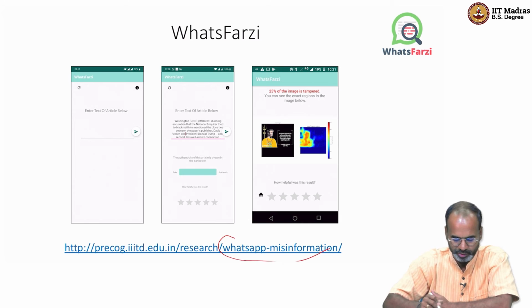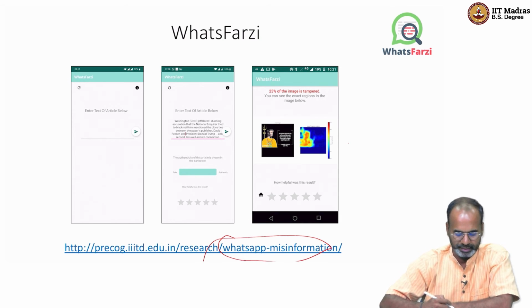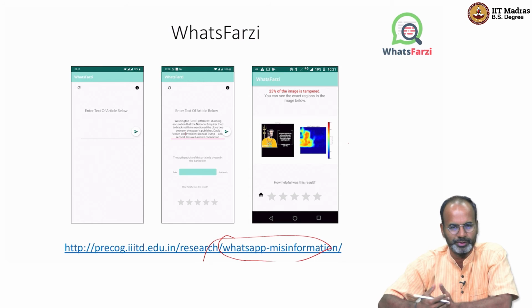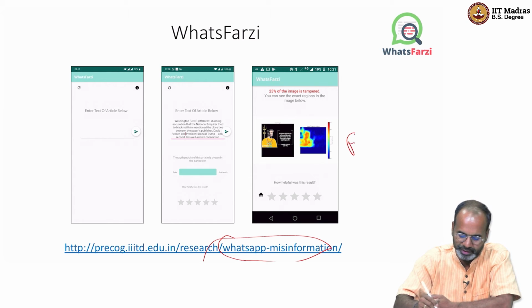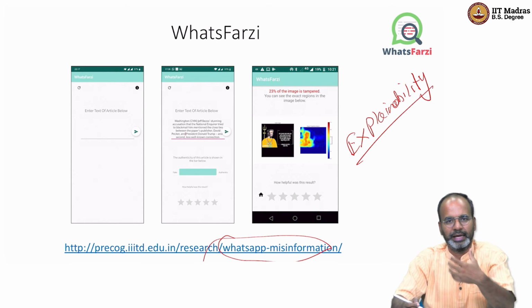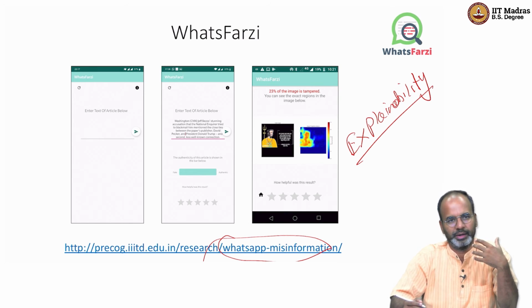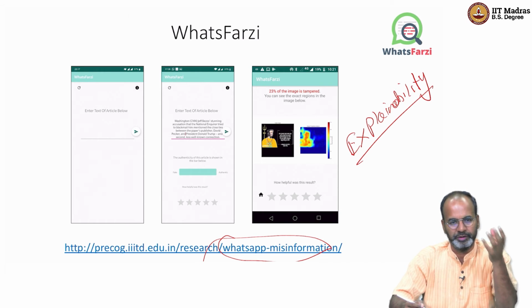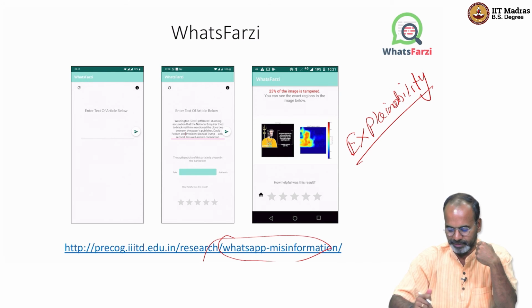If you're interested, feel free to take a look at this URL. Interestingly, we also gave some sort of geeky information on why we decided this image to be fake. In today's words, explainability is what I think we can call it, which is to explain why we did what we did and explain the results in terms of the features, what weightage we give for what features, and why the values are created.